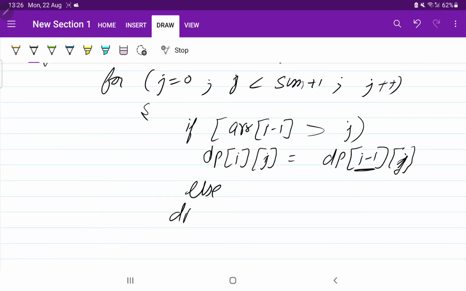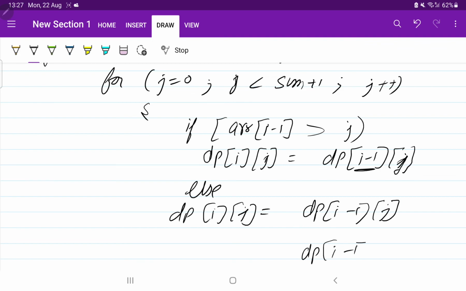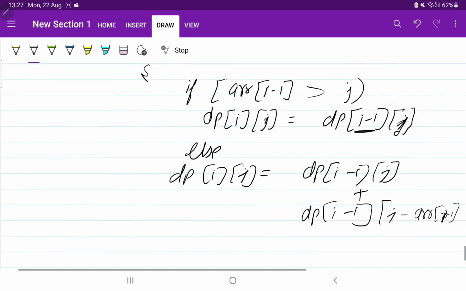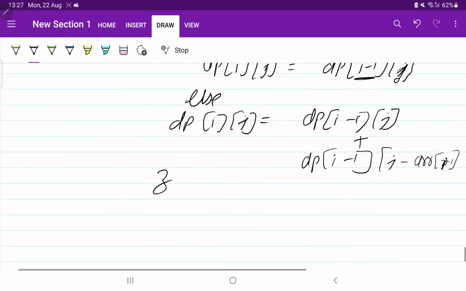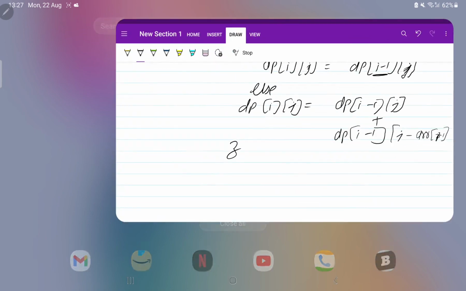Else, you need to fill the elements of the dp, either select it or leave it. So this is the logic to leave it, and if you select it, the sum will be reduced. It will be dp of i minus 1 comma j minus array of i minus 1, and at the end we have to add all the solutions.